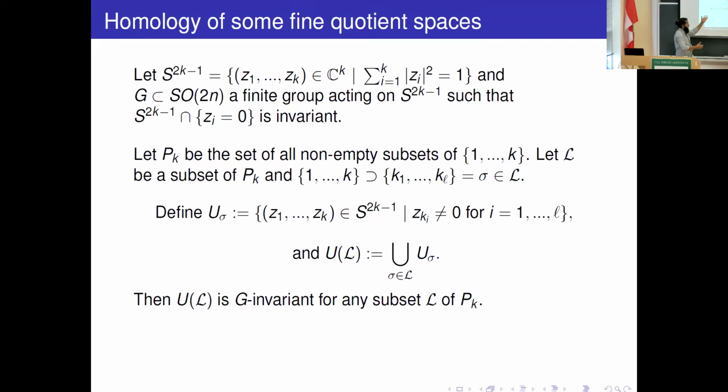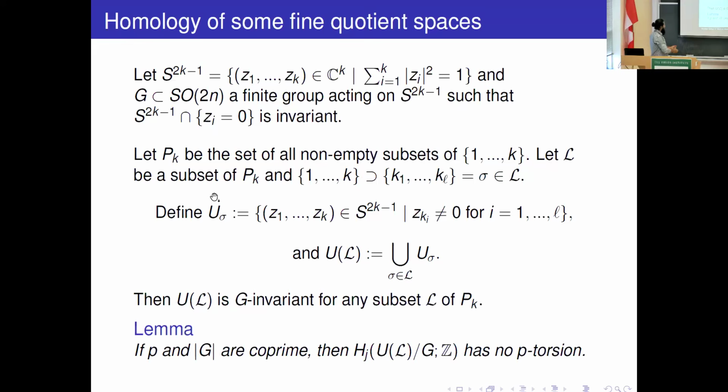So that set is geometrically represented by this. This is not a sphere, but a union of some spheres, which is invariant under that group action, the finite group action G. So what we get is this one. This is a consequence of some well-known result by Bredon or somebody, but we also discussed it, Tony, John Beck, and I.